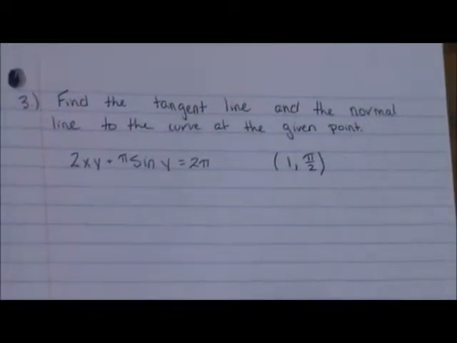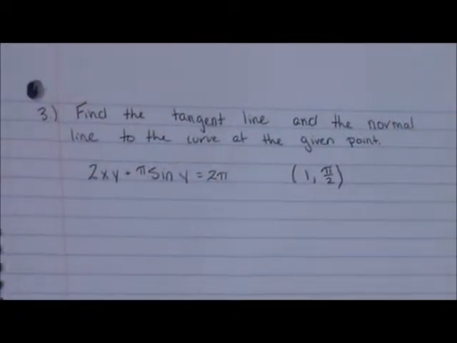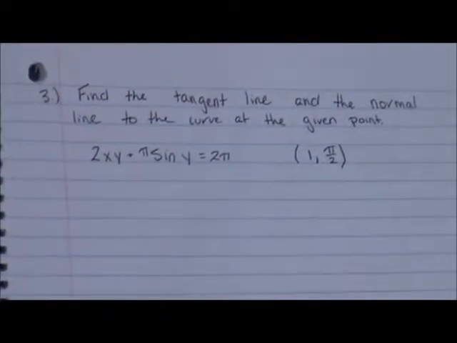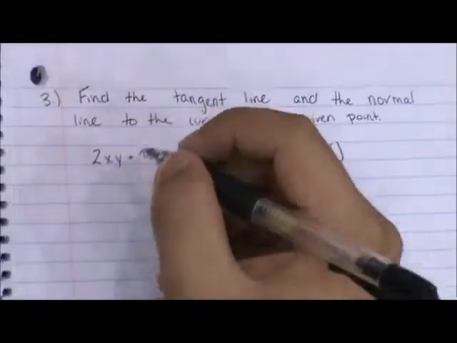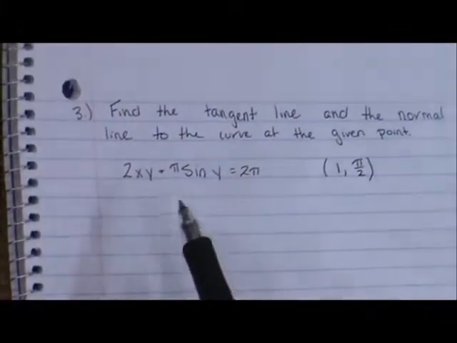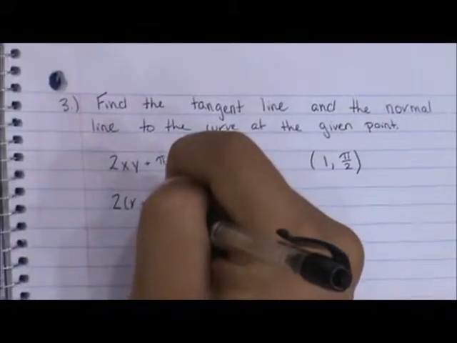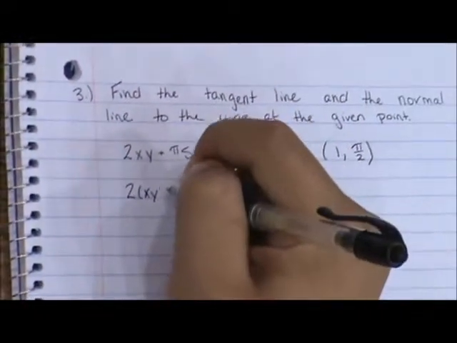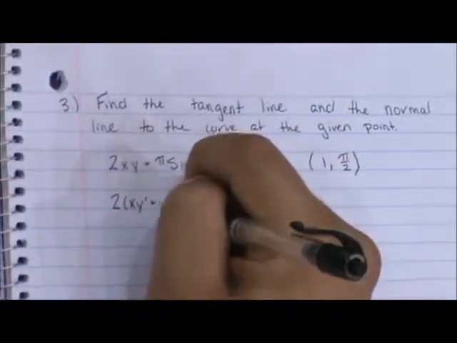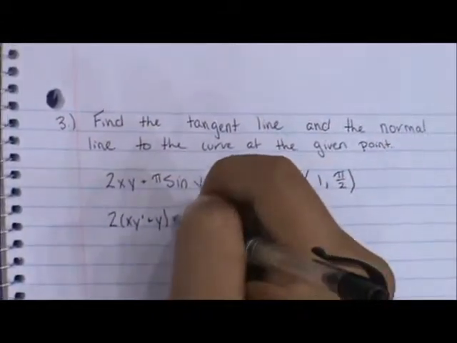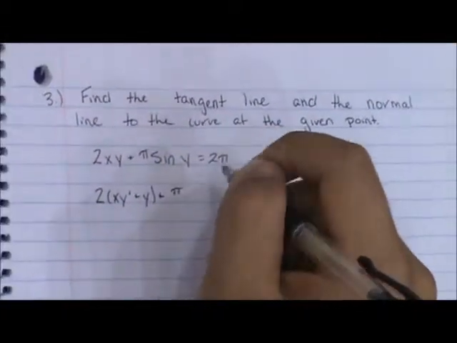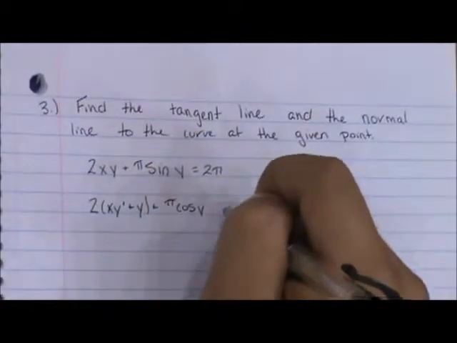To find the tangent line and the normal line to the curve at the given point, with the equation 2xy plus pi sine of y equals 2 pi, at the point 1, pi over 2. First, you take the derivative of the equation using implicit differentiation, and you start by taking the product rule of 2xy, so you get 2xy prime plus y times 1 plus pi cosine of y prime